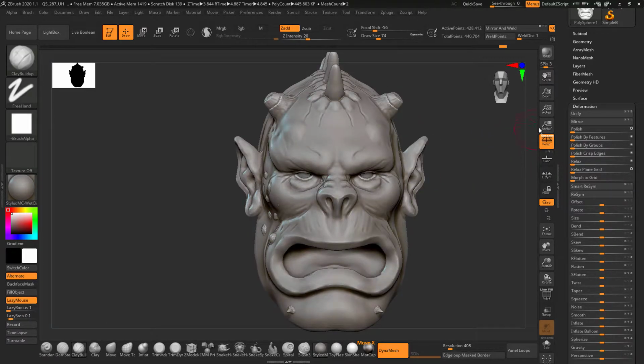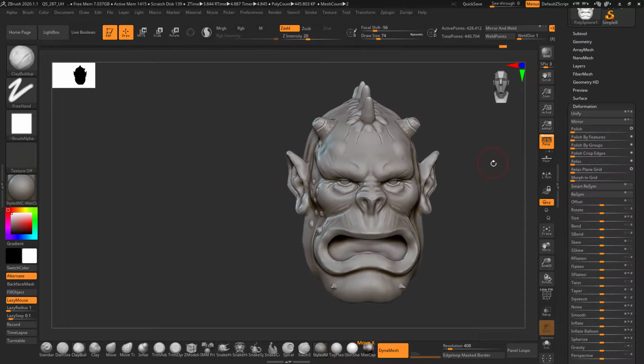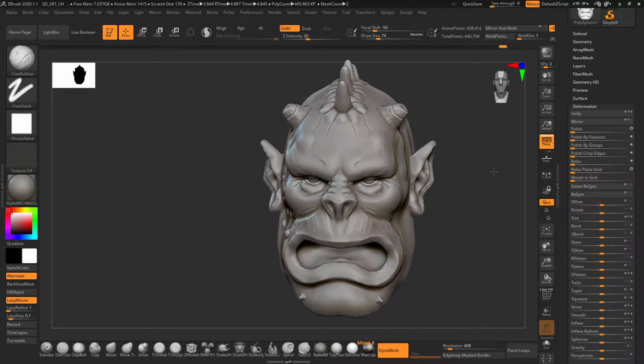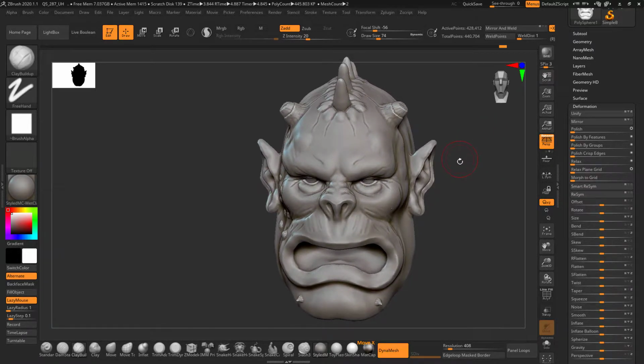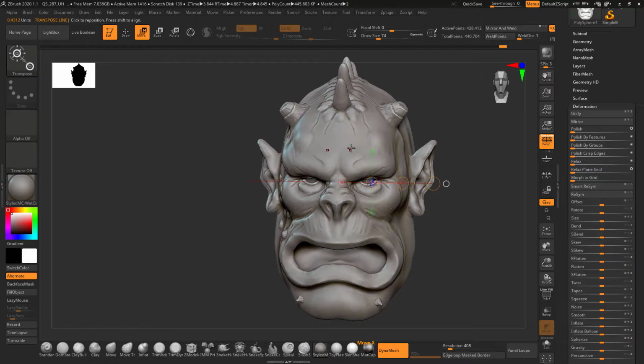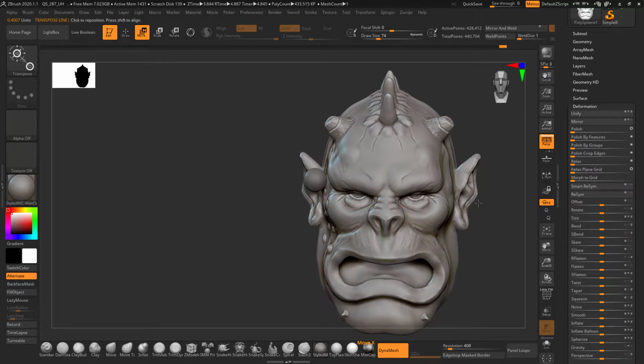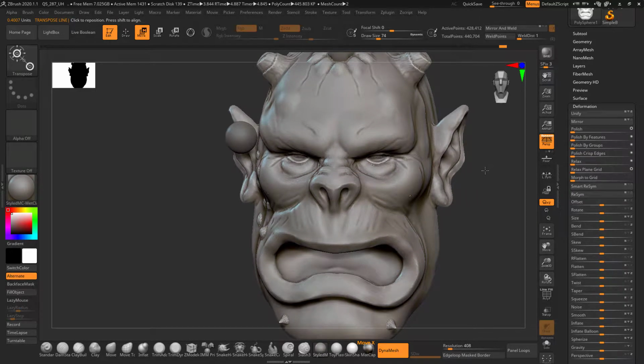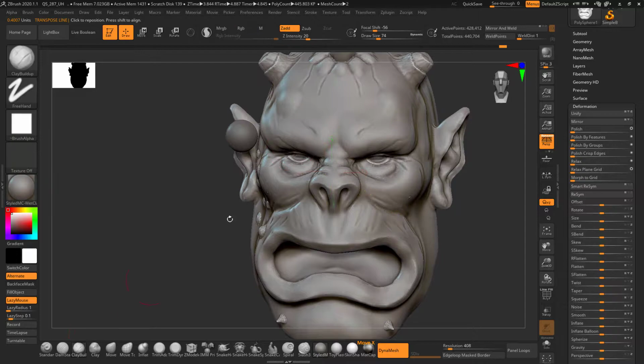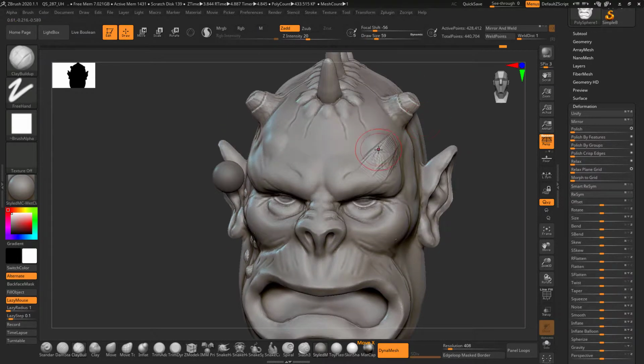So basically what happens is, sometimes while working on the model you accidentally move it away from the symmetry. I will give you an example. I just move it and lift it to the left side, and now you can see when I want to add the details here, even if I have turned on the symmetry, my information is not visible on the other side, but my symmetry is on.